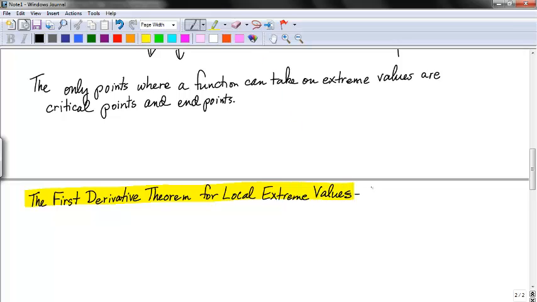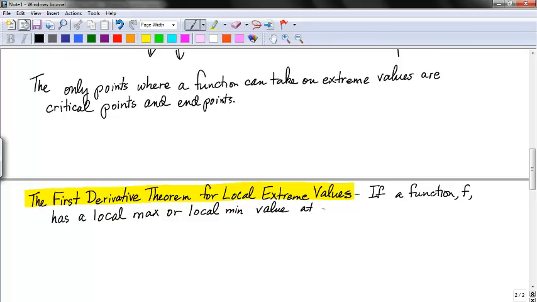It says if a function f has a local max or local min value at an interior point c of its domain,